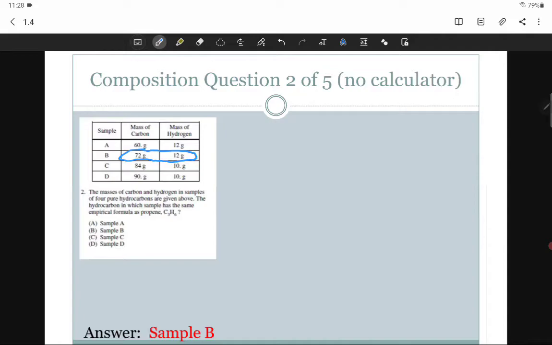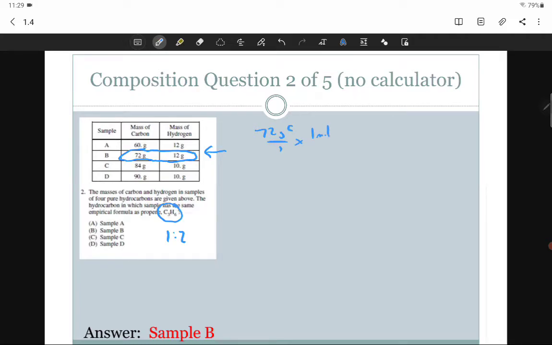So again, you're going to learn your own problem-solving method. There's a couple different ways you could go about doing it. You could go through process of elimination. You could also look at the answer, and the answer looks like a 1:2 ratio, and figure out which one would give you a 1:2 ratio. And I think it will be B, not just because the answer is B, but because of 72 grams of carbon and